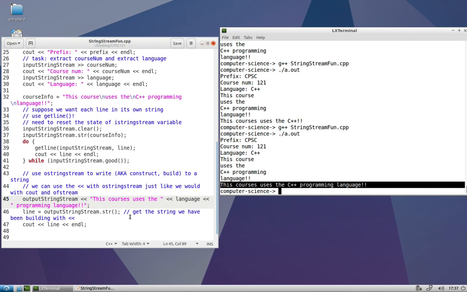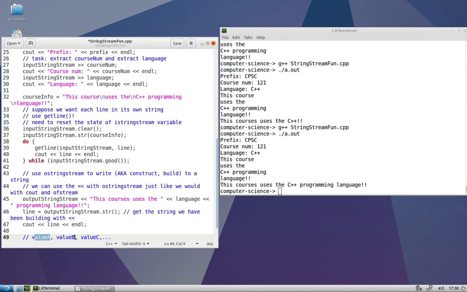So after we've been working with istringstream and ostringstream, you're probably wondering, why is this useful? This seems like a lot of code that doesn't seem to solve very interesting problems. Well, in the next video, we're going to solve an extremely important problem, which is called string tokenizing. Let's say, for example, that we have some kind of data stored in a file of this form. Say value A, value B, value C, so on and so forth, where each value is separated by a comma or a comma and a space, and we want to get each